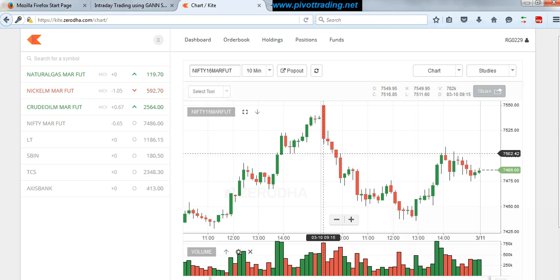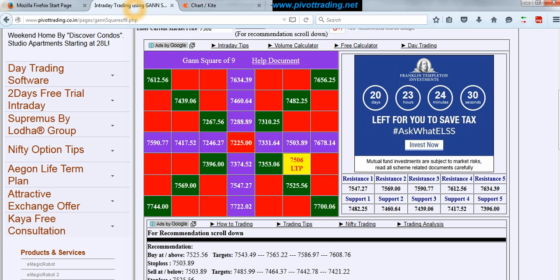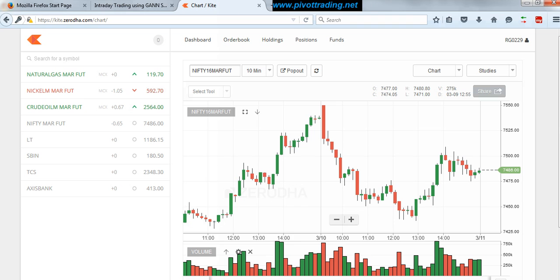So the idea is this particular calculator will help you to get into the trade and will tell you the levels. See, any calculator is all about levels. So here we know when we have to enter the trade and we know the targets. So we have to design our strategy as in once we are entering into the trade, how we should keep booking our profit or how we should lock the profit.